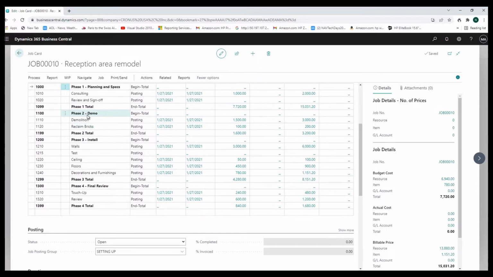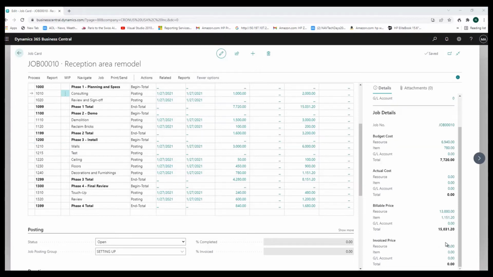So phase 2 is demo, phase 3 is install, phase 4 is the final review. And then under each of these phases, we have the actual tasks that are going on. And then within these tasks, we also can see all of the detail of how we plan on getting these tasks performed. On the right-hand side of this screen, we see that for this job, we have budgeted costs for